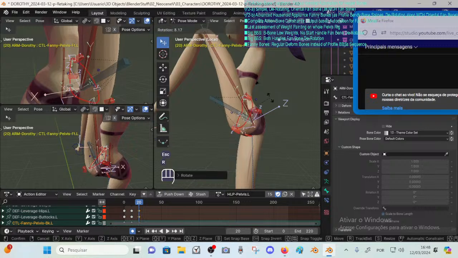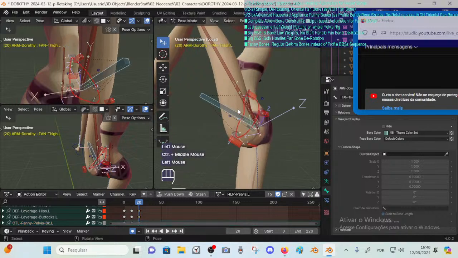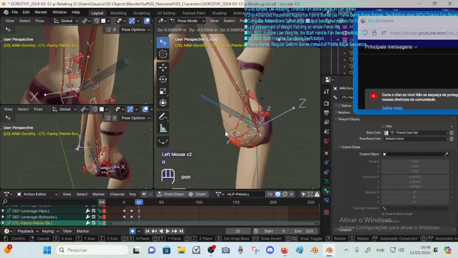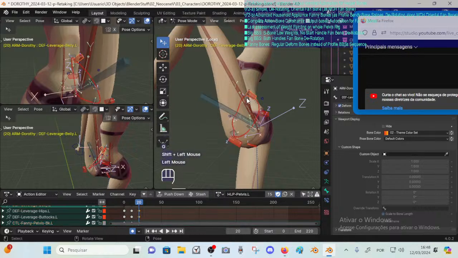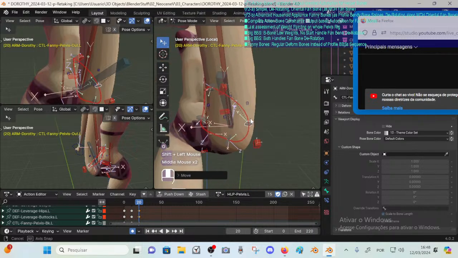So I should be careful about that. Not to cancel this rotation here too much. Here probably working to push that here, and